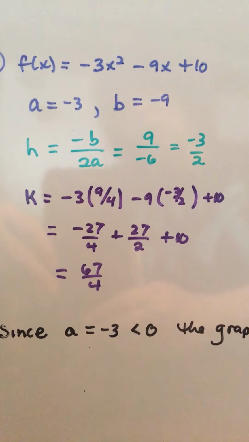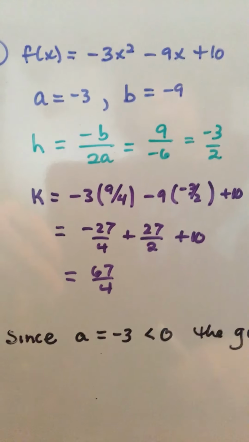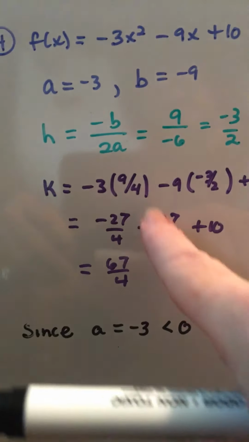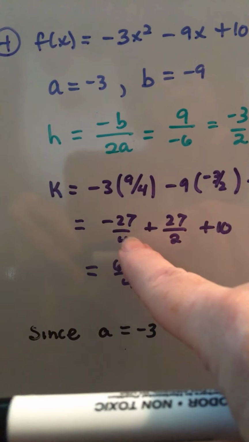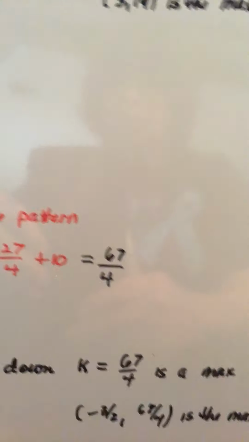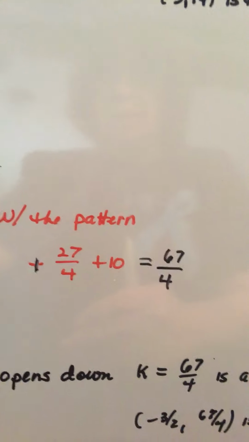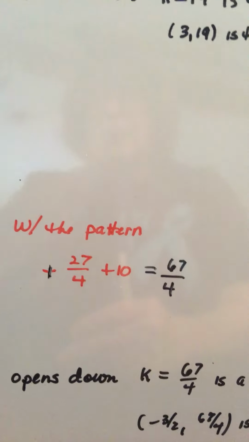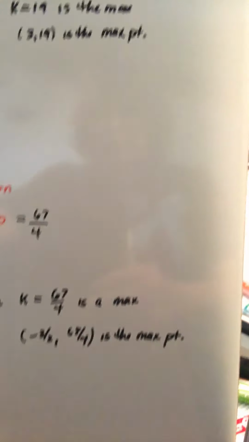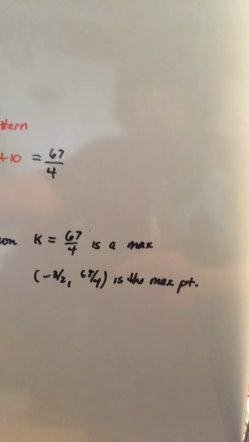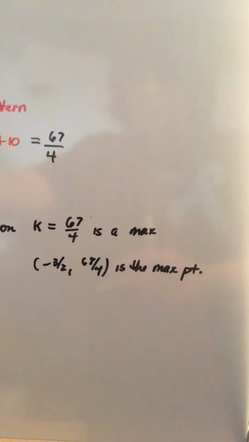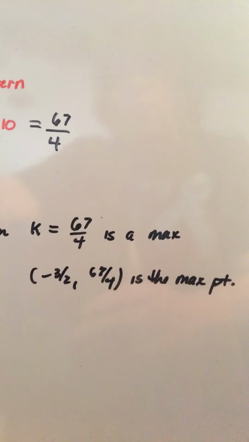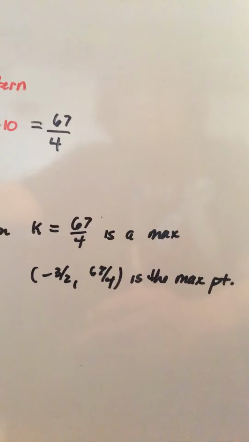Positive 9 over 4. So you've got this problem you can do. Or you could just come here and say, oh, I'm not going to even look at this. What's your opposite? 27 over 4, add 10. 4 times 10 is 40, plus 27 is 67 over 4. So K is equal to 67 over 4, my maximum value. But the coordinates of my maximum point, or the ordered pair of my maximum point, is